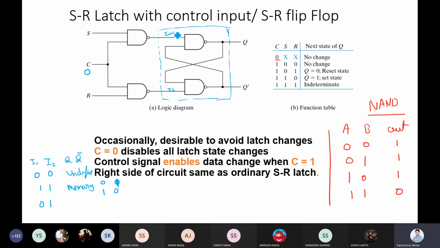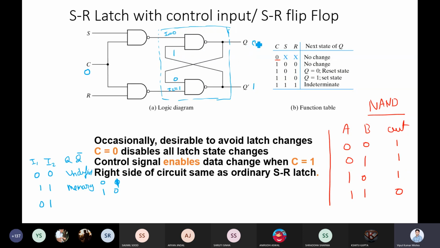If this will become 0, this will become 1. Yes, what will be the value of q and q bar? Anyone able to recall? Okay, if we are not able to recall, let's put the value and find out. So let's say I'm putting value 0 and 1. I'm just talking about this part only, that box part, right? So this will go here 0, this will go here 1, 1 and 0.